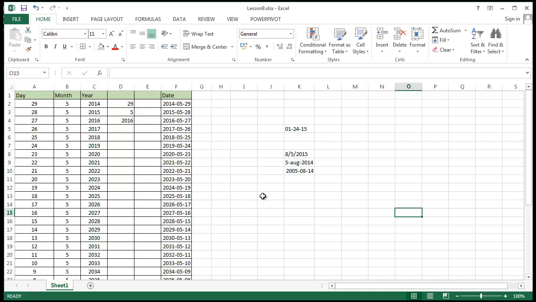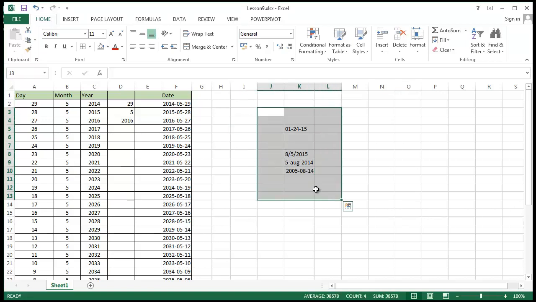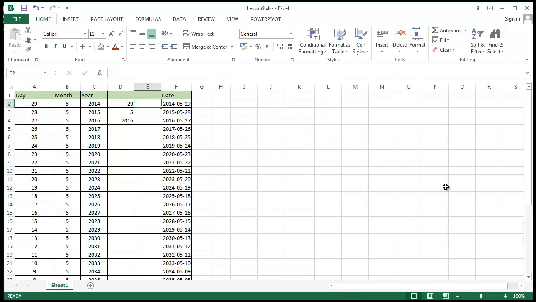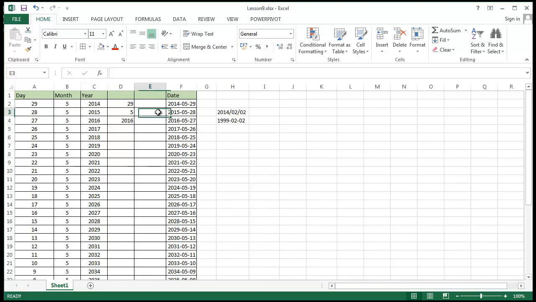First off, let's pick a cell where we want to input the date value. Let's delete this and we'll input the date value over here. So I've inputted two dates, as you can see over here. Please note that to do this, usually we have the general format over here, but if you wanted to do some testing with dates, because typically if I just wrote in 2014 02 02, see what happens? It switches. If I go 1999 02 02,